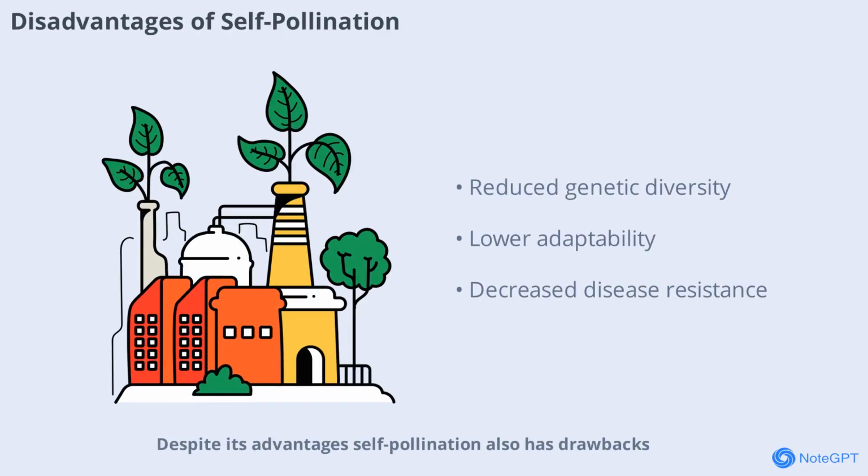Despite its advantages, self-pollination also has drawbacks. There's little to no introduction of new genetic traits, which can reduce a plant's adaptability to changing environments. Over time, this can lead to decreased immunity to diseases and lower genetic variability. As a result, self-pollinating plants may struggle to survive in dynamic or challenging conditions, highlighting the importance of genetic diversity